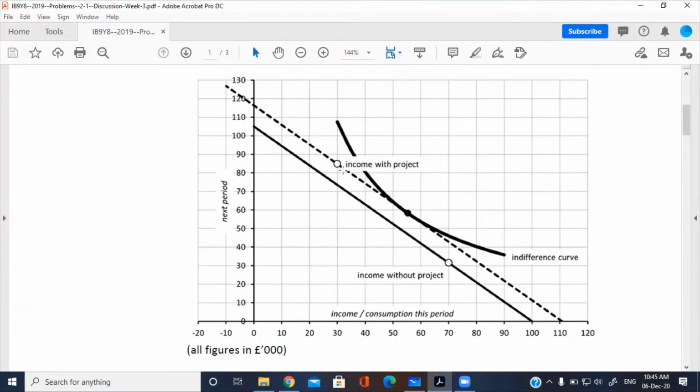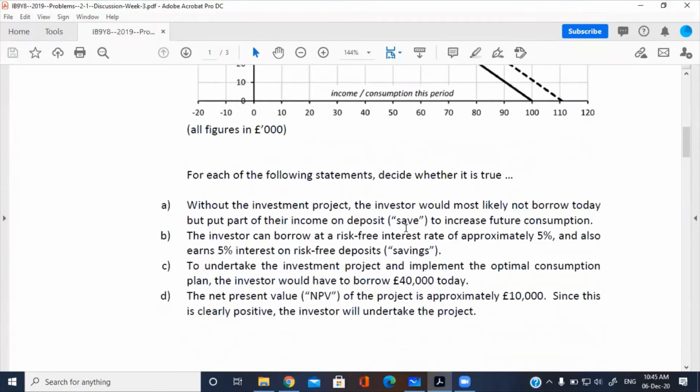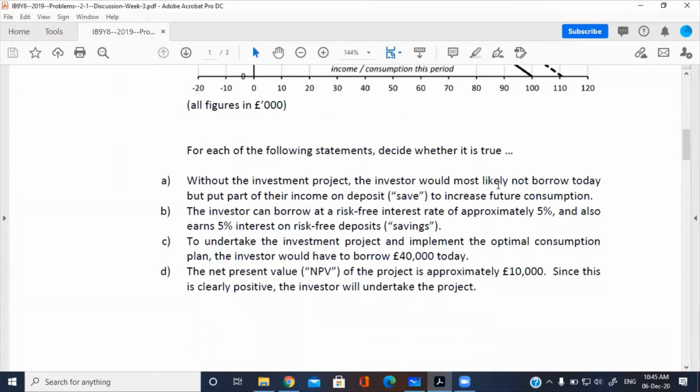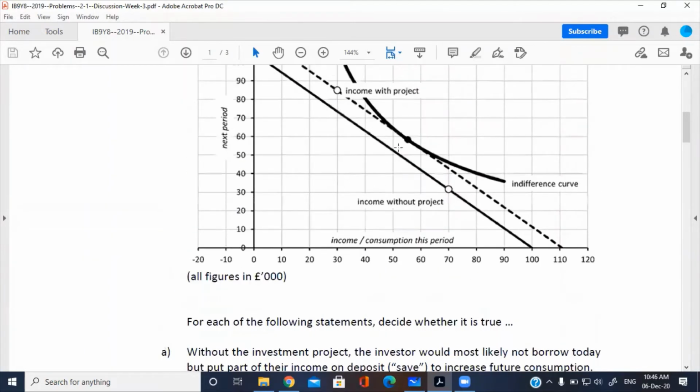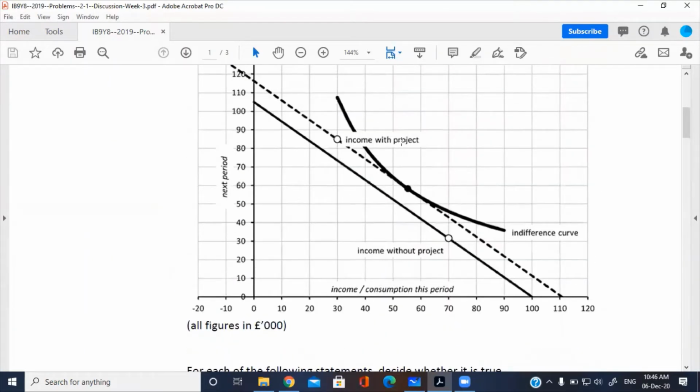It is the income point. Yes, sir, the income point, it is the consumption point. Okay, you see, we make consumption after making savings. So when we are talking about indifference curve, we are representing the consumption, right? Yes, sir, consumption. Okay.